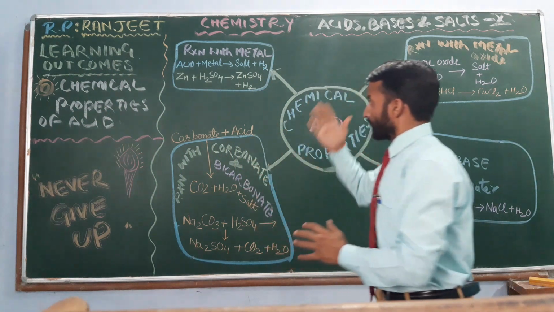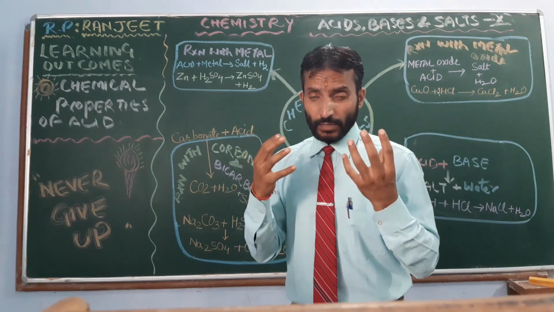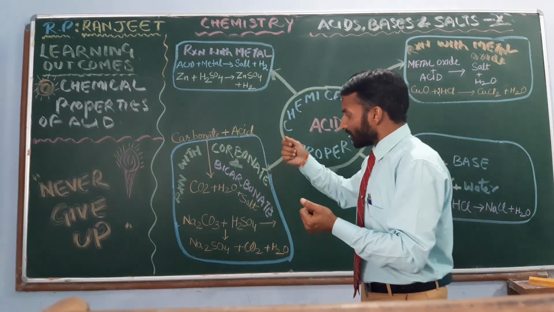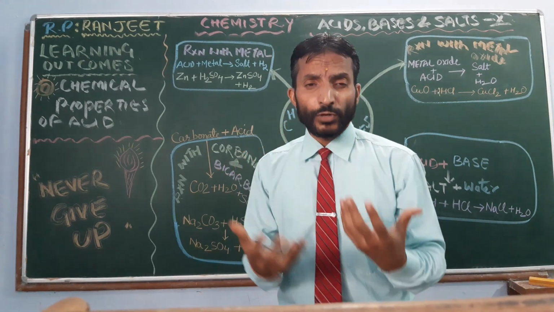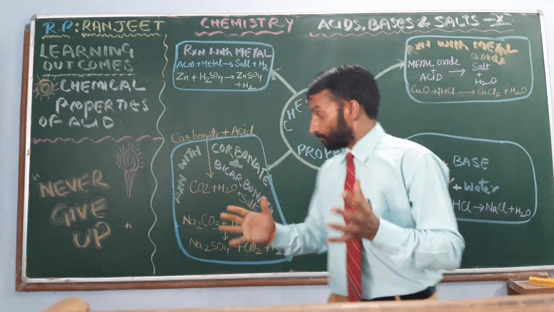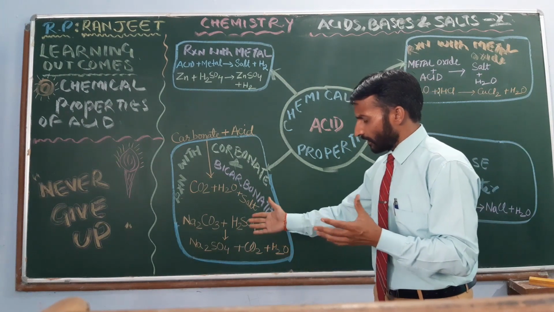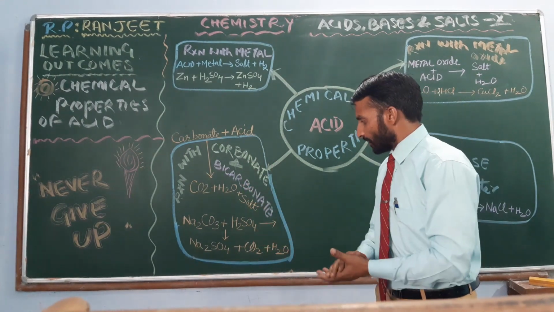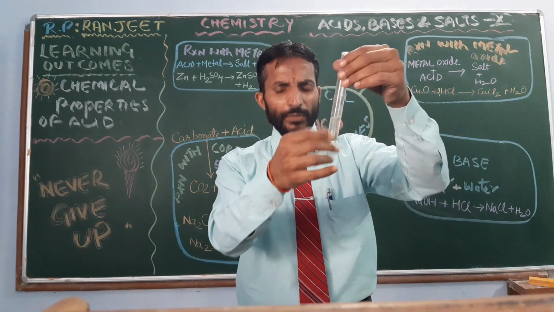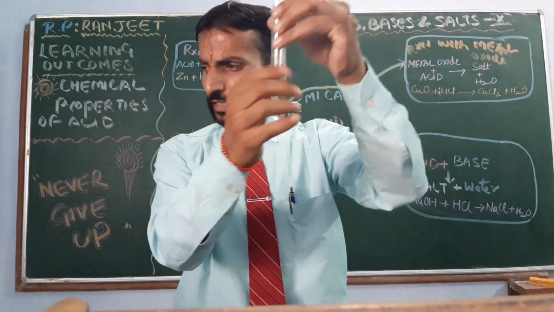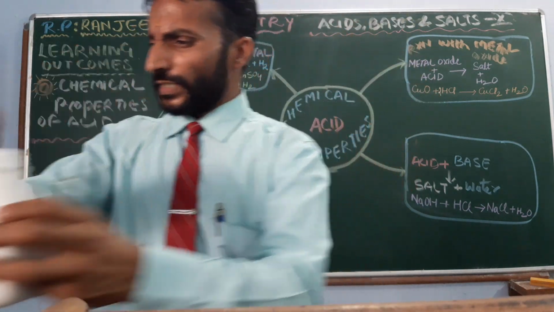with oxygen. Next is the reaction of carbonate and bicarbonate with acid. Here also it produces salt and water and one more gas, carbon dioxide gas. CO2 gas is produced. An example is sodium carbonate plus sulfuric acid, and we get a salt, sodium sulfate, and carbon dioxide plus water. So here I have diluted sulfuric acid, and sodium carbonate is here. A pinch of this I will add up,